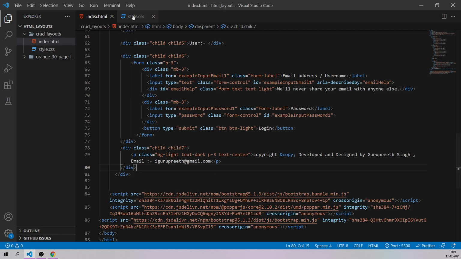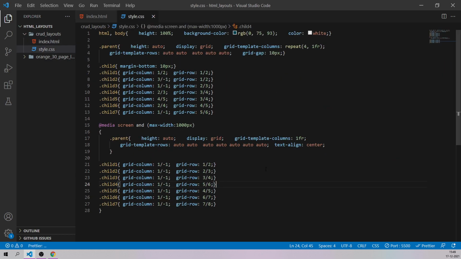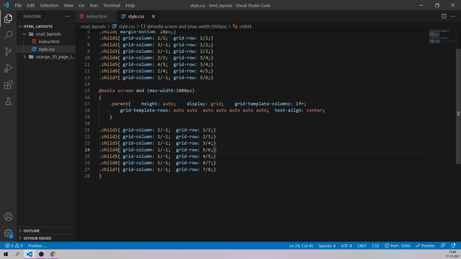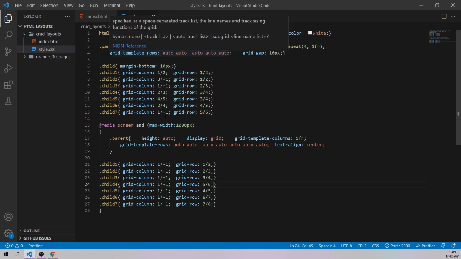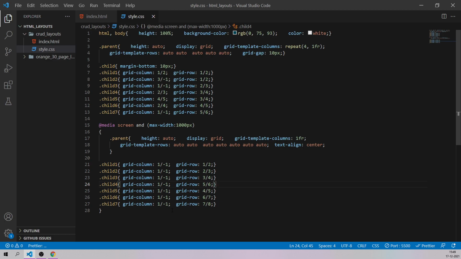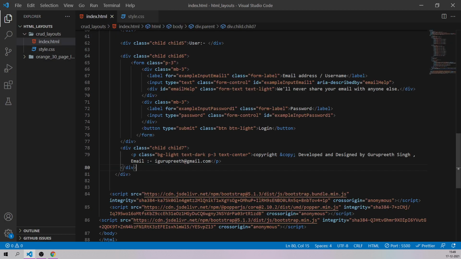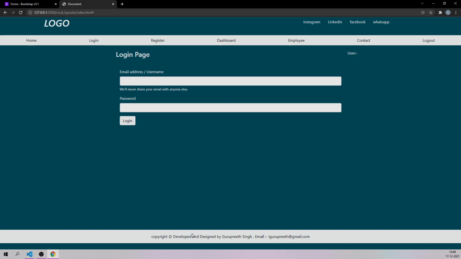But what you can do, if you want to see it at the bottom, is use a position property: fixed on the parent as well, and on the child, position absolute and relative, and you can design those pages. Right now I'm designing for the desktop, so I'm going to use this feature called fixed-bottom. Let's save this and check our website. As you can see, our footer is at the bottom of the page.